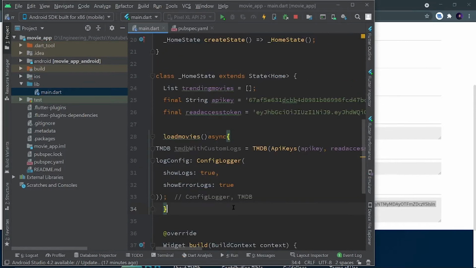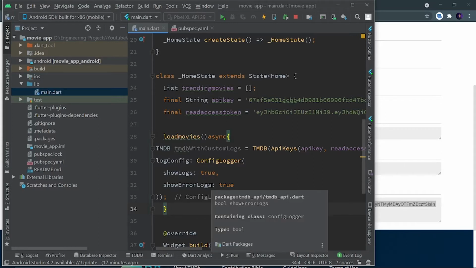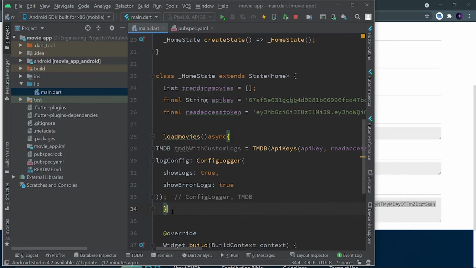Now the trending movies that I want to show, I'm not going to directly get a list. I'm going to get a map, or you can say dictionary. We call it a dictionary in Python, right? So keys and the value, key and value pairs we get, right? So directly from the API, we are going to get a map. So let's create a map.